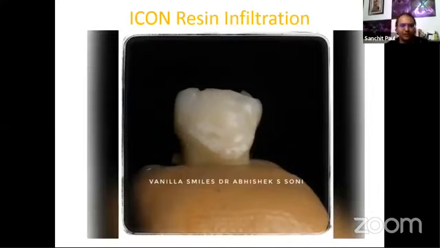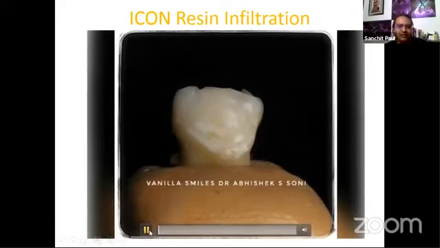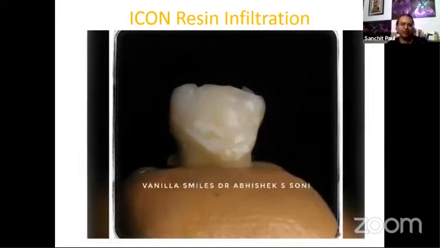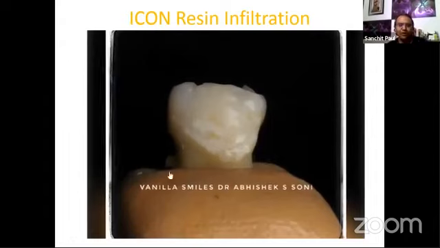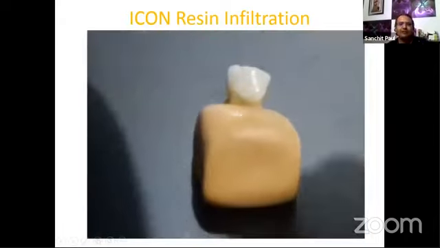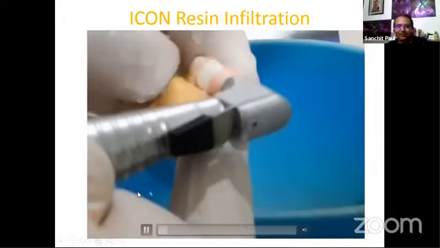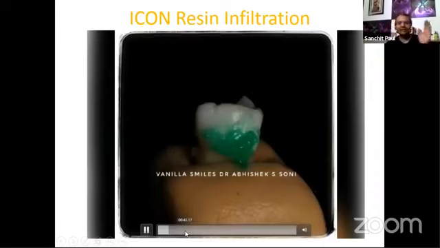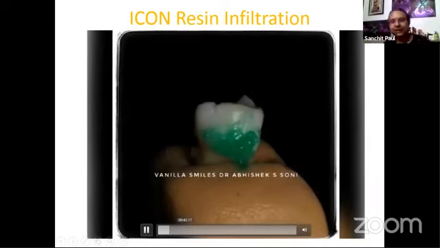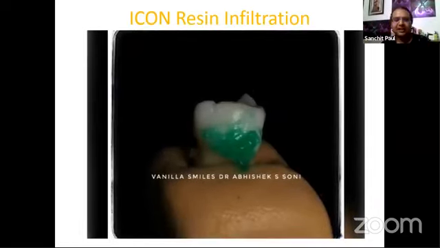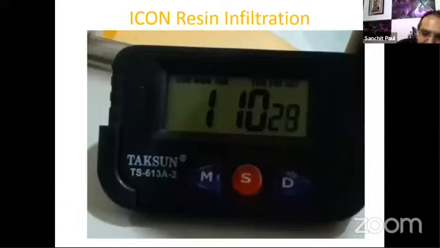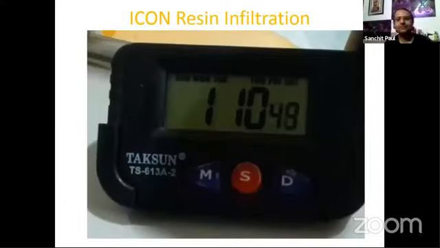Okay, so this is a quick video which we want to quickly show you, how a white spot lesion in a primary tooth looks. This is basically a demo video of how the resin infiltration is done, and this actually is a step-by-step video. I wish we could have shown everything, but again we are time bound and we are already getting timed out. But this is just showing the plaque clearing part, then using the Icon Etch and keeping it for a couple of minutes, and then